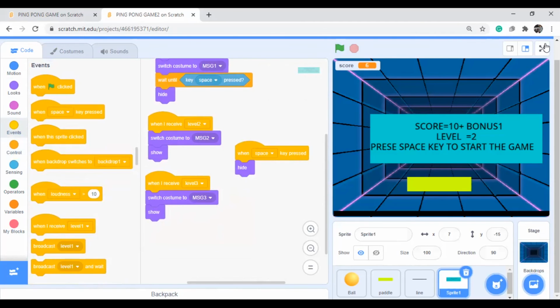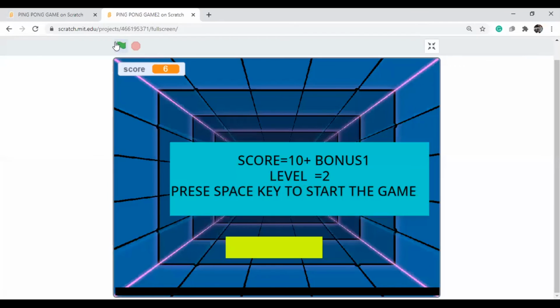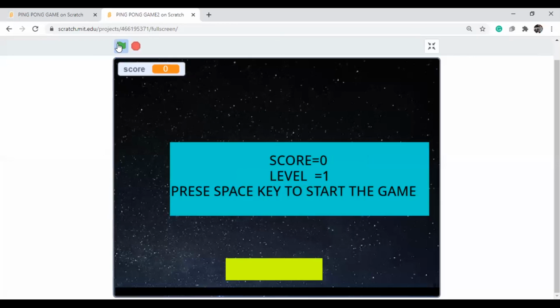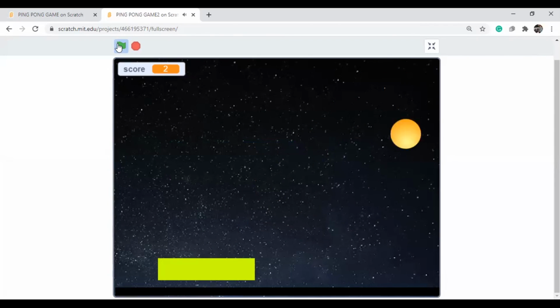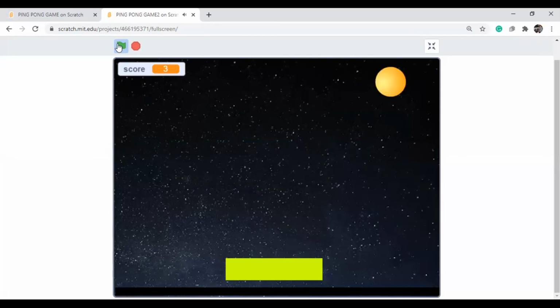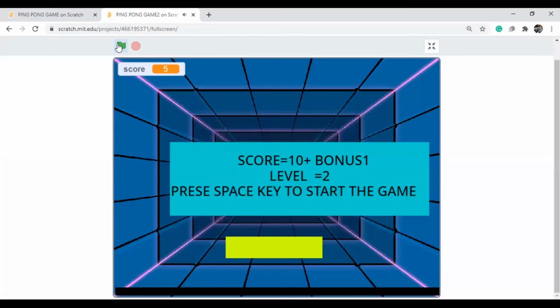Now if you want clarity, you can play now and click on the flag. Now score equal to 0 and level equal to 1. Please press space key. If I press the space key, I can play the game. See, it is going.